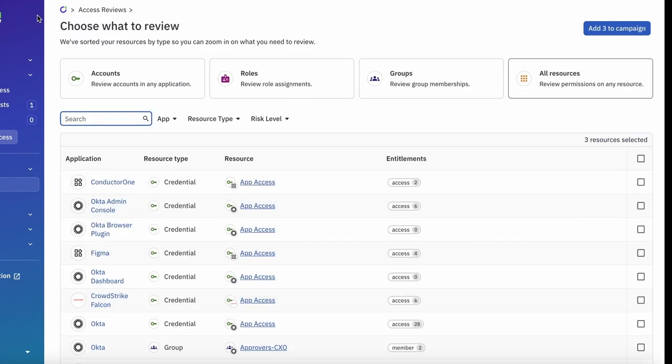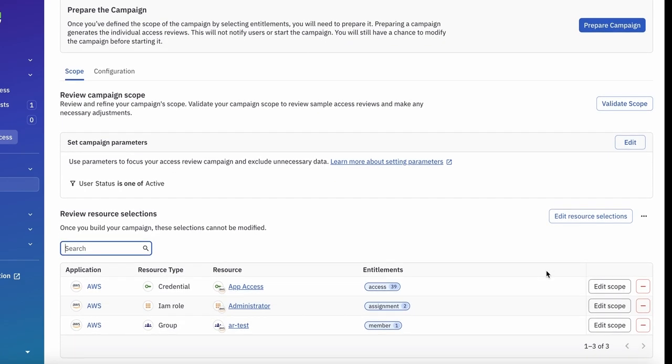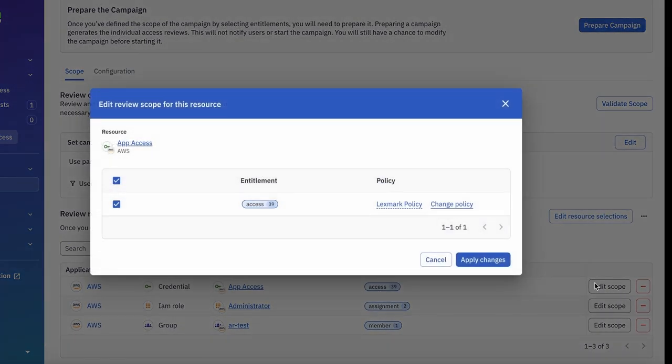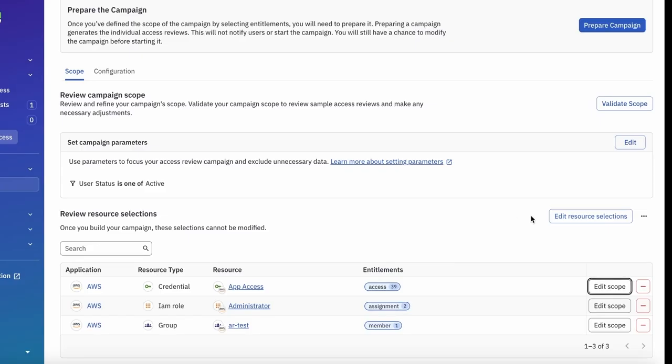If you want to adjust entitlements and their policies, click Edit Scope to make changes to the entitlements in scope or the entitlement policies if needed. Use the checkboxes to remove entitlements from the campaign and click Change Policy to update the new review policy to be used for an entitlement. Go ahead and cancel out of this. We're not going to make any changes right now. And additionally, you can reset policies to their defaults easily by clicking the 3 dots,